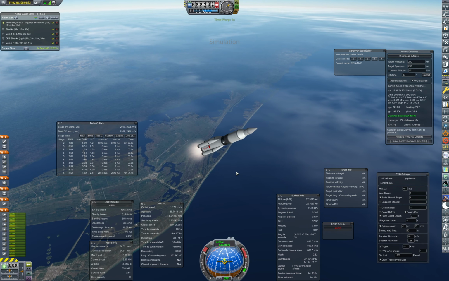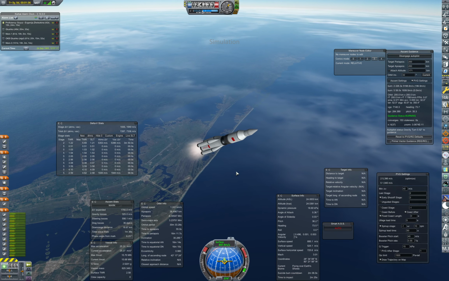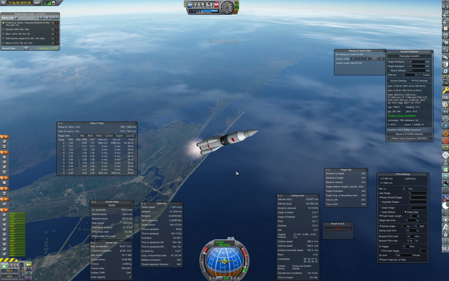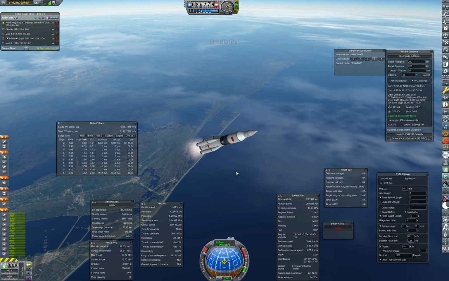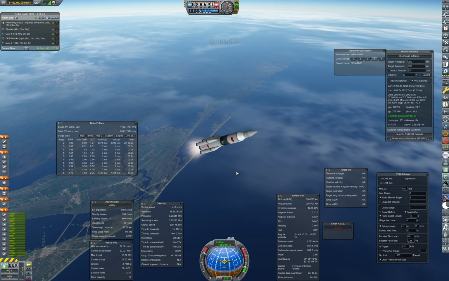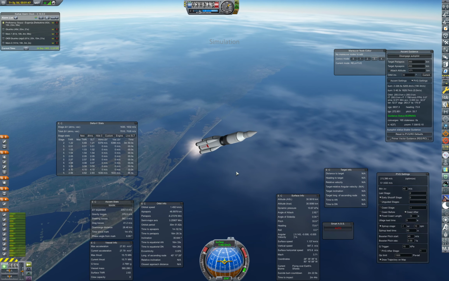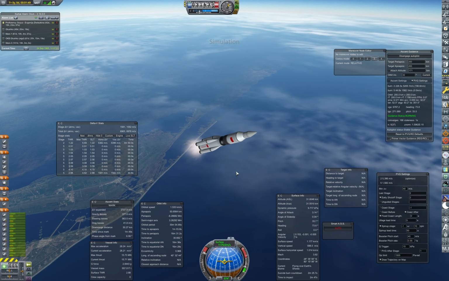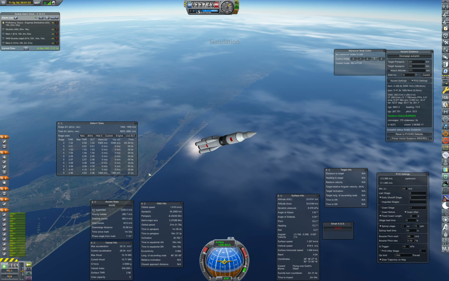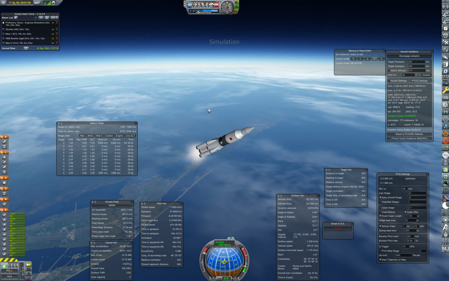Okay, it looks like I've nailed my ascent. Ever so slightly underlofted, by about a degree. That's not bad. Interesting that it's still underlofted. And we still have 200 meters per second spare. Amazing what the difference in ascent profile did. So yeah, I'm not sure why. I guess it mostly is from the nozzle loss change,